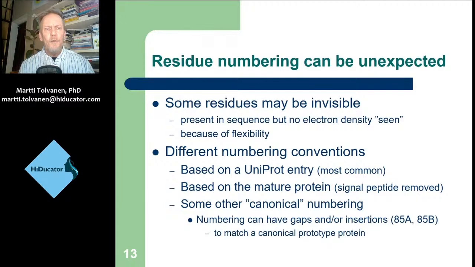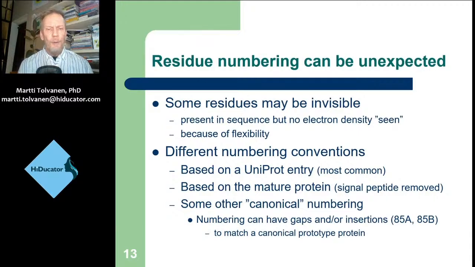Then the residue numbering might give you some surprises. So there might be gaps in numbering because some parts of the protein may be invisible. There might be a flexible loop which you can't find in the electron density. So it is in the sequence, but it's missing from the actual model. And then there might be gaps in the numbering if the authors think that they need to follow a canonical numbering, which is based on a model